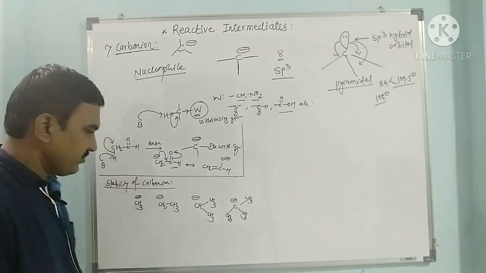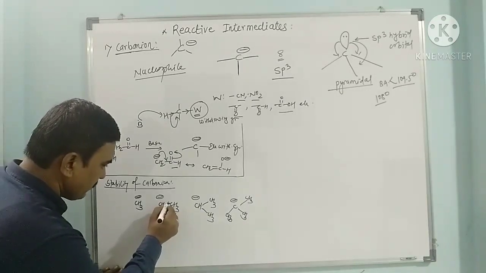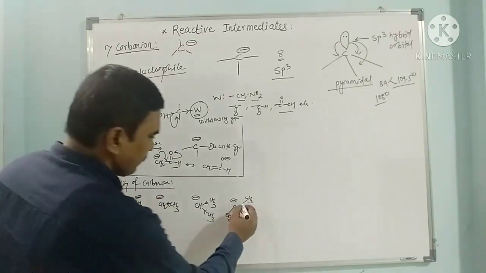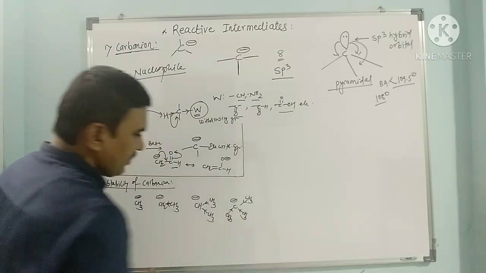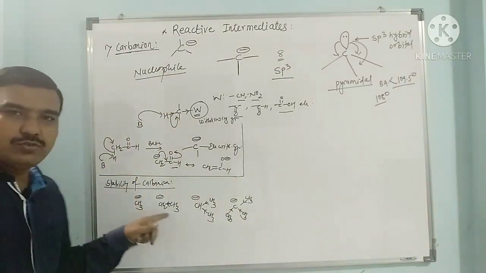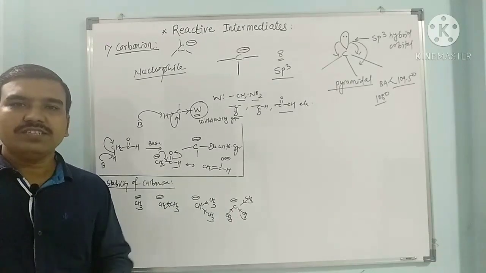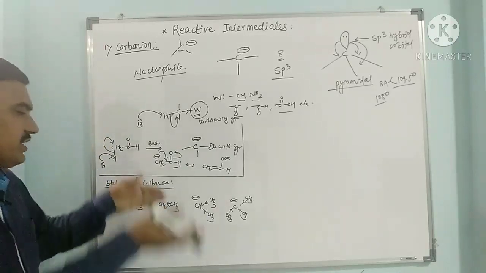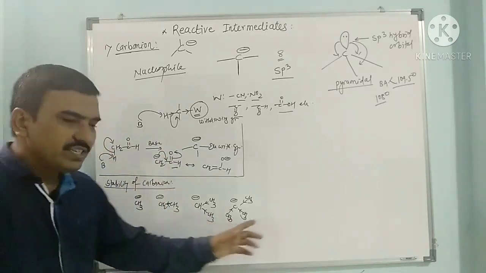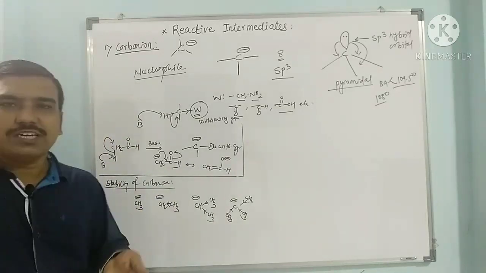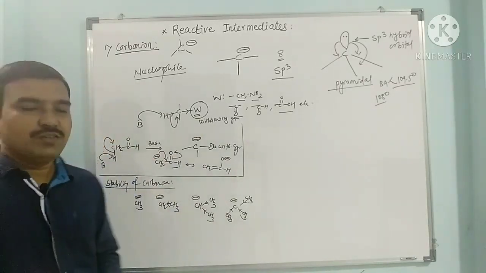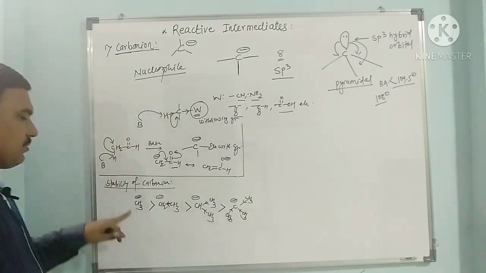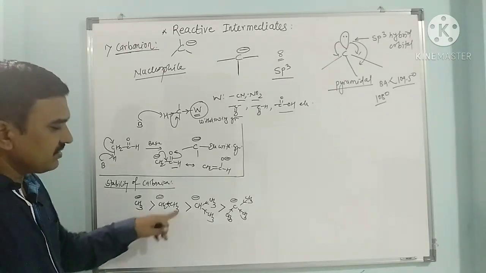As it is electron rich, and this is an electron donating group, it destabilizes. Electron donating group destabilizes this carbon. Already it is having electron density. How can it be stabilized? Any group which takes electron density from that carbon stabilizes the carbanion. But here these are electron donating groups. Already negative charge is there, and again these groups are increasing electron density around this carbon. So this carbon is becoming more and more unstable. So here these are less stable. So methyl carbanion is more stable than these.